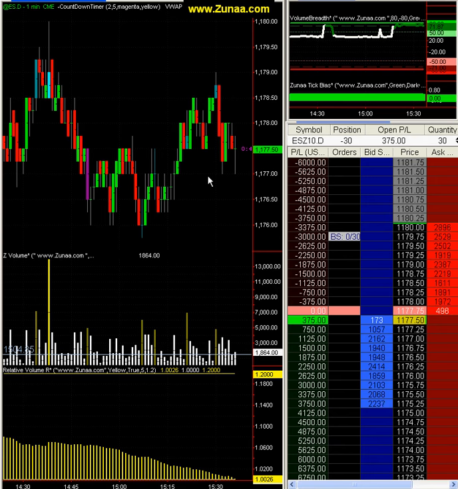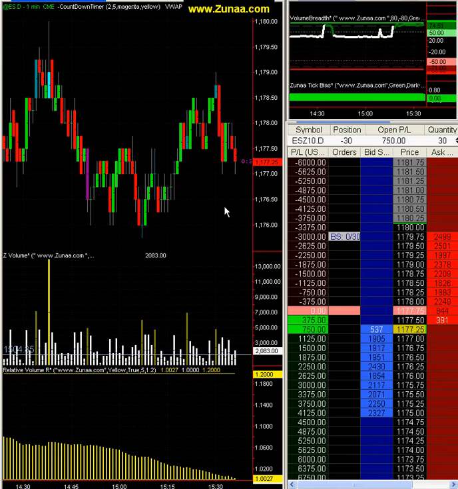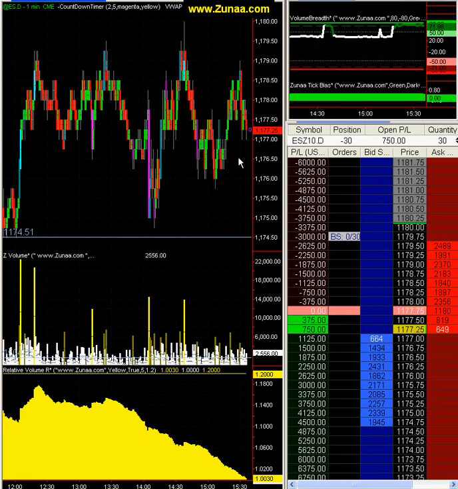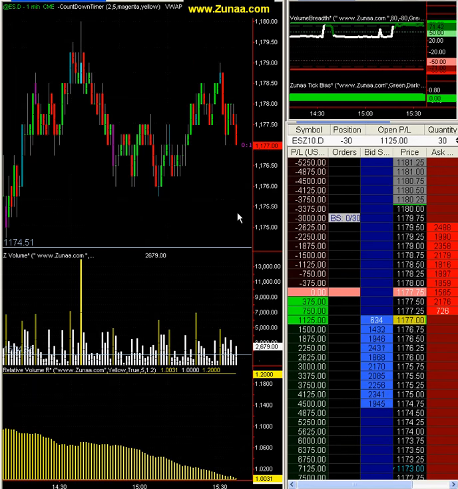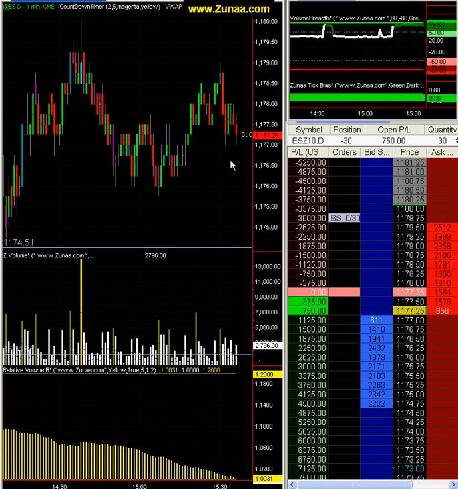And profit target is going to be below this swing point here, unless I start seeing a lot of volume activity and price stalling. Then I will have to just pretty much flatten this trade out. What I'm looking for is for us to come all the way down to 1174.50. Okay, that's where I'm looking for first profit target. I would love to see price just cut right through that, but I think since there isn't much time left in the trading session until 1600, it's about 15:36 right now,